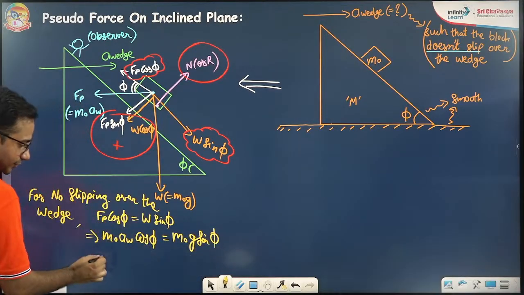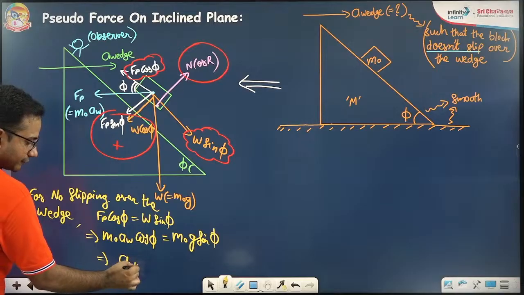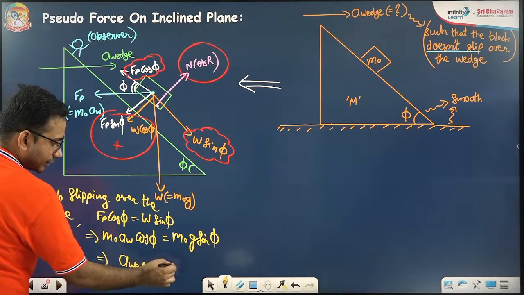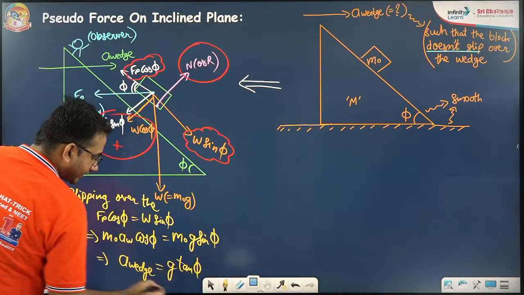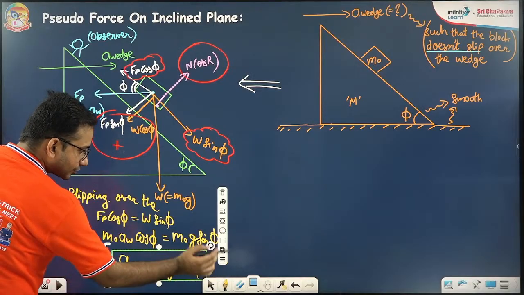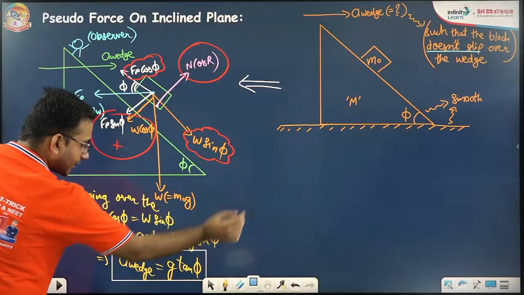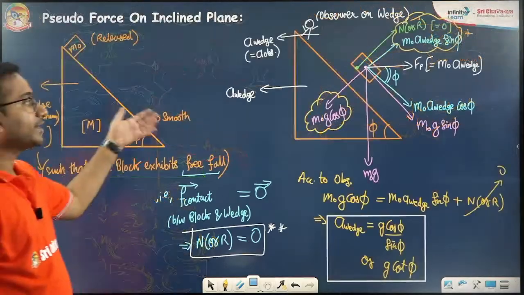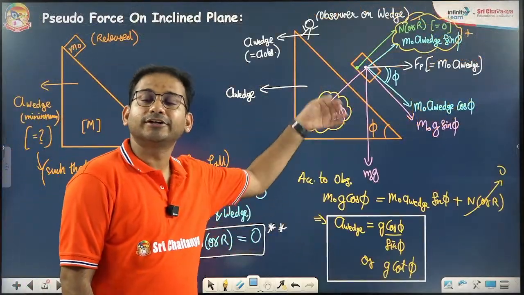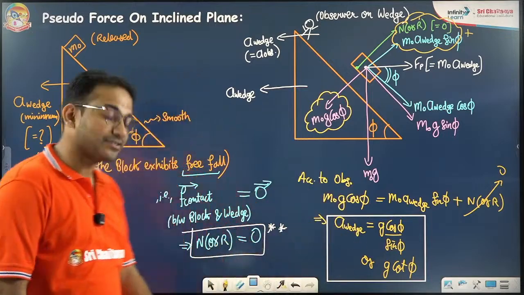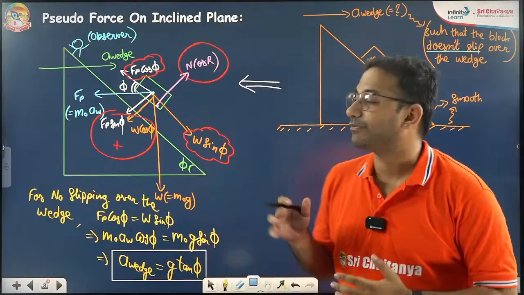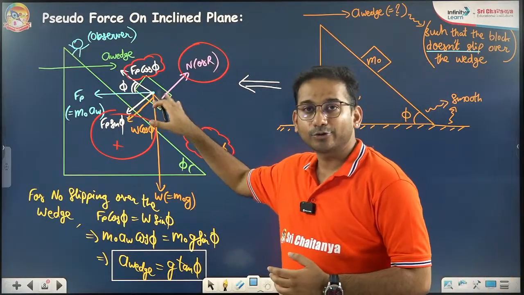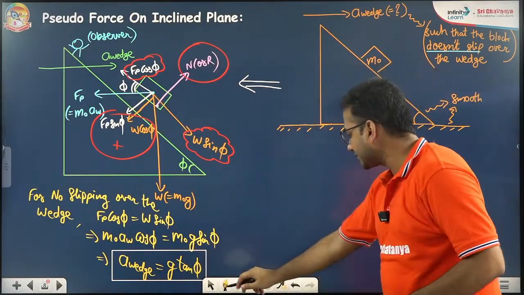As a result, you get the acceleration of the wedge as g sin phi by cos phi, which is g tan phi. Mind it, last time our conclusion was something different. Last time we wanted it to exhibit free fall, and the desired result was g cot phi. And here, if we want the block not to slip,